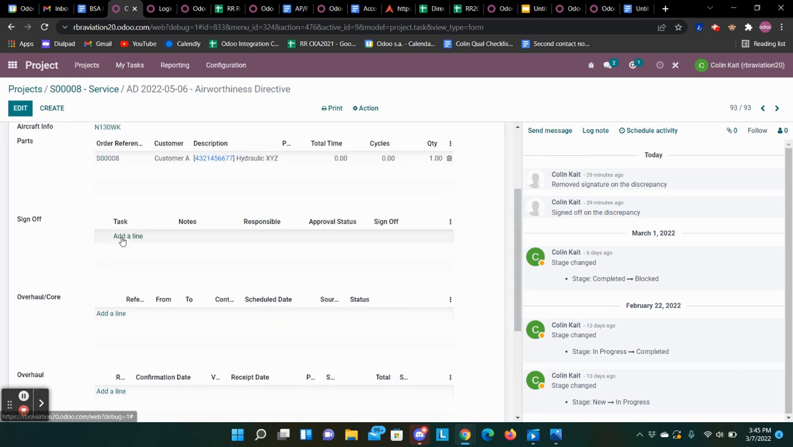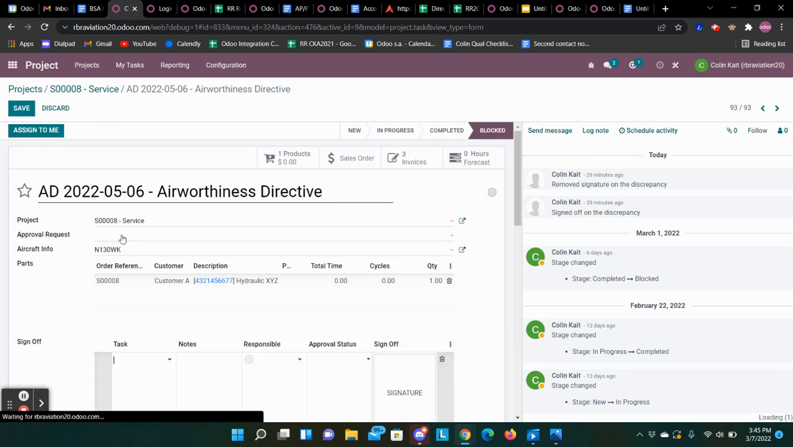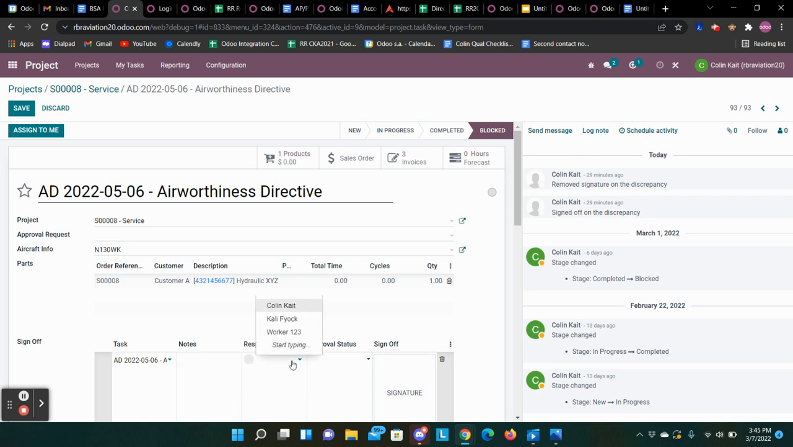We have our sign off here. We can add the default signatures that need to be required. And we can also have our discrepancy that we need to sign off on. I can include any notes. I can specify when I save it or right now, and I can say I approved it as well as